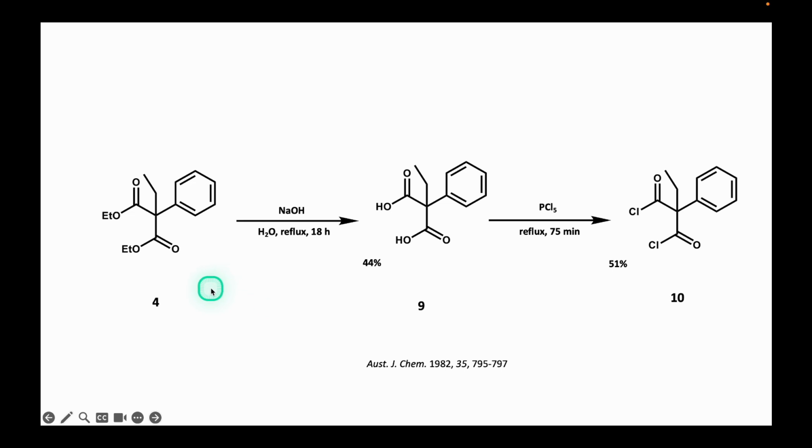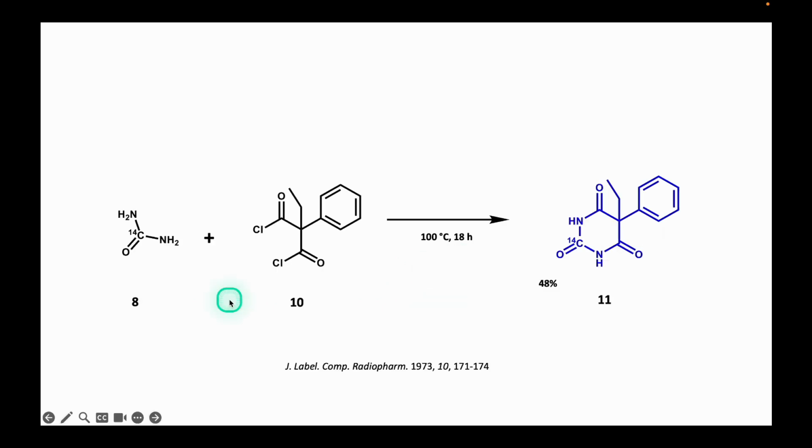The hydrolysis of malonic ester 4 produces substituted malonic acid 9, which, when refluxed with phosphorus pentachloride, yields malonyl dichloride 10. The condensation reactions between the labeled urea 8 and the acid dichloride 10 generate the labeled phenobarbital with carbon-14